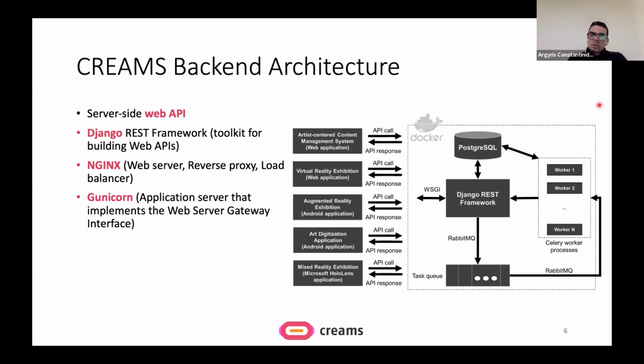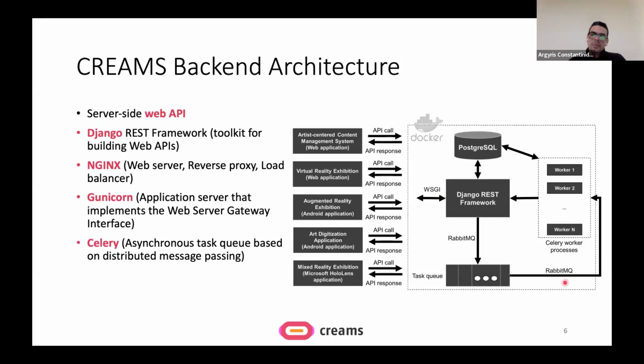Next, we also use Gunicorn, which is an application server that implements the web server gateway interface that is responsible, as we will see, for translating the incoming web traffic into something that Python can understand.